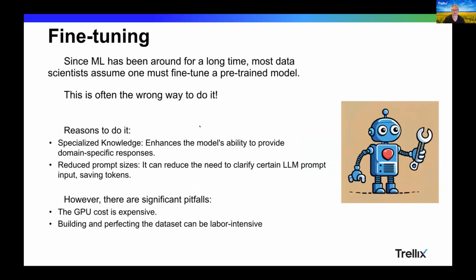So fine tuning is when you take a pre-trained model and you add a little bit of your own data to it, essentially. And so when you run it, you're running against the fine-tuned model. You're not running against the foundational model, even though it's a layer on top. What's nice about it is, unlike machine learning, you can generally do it on a lot fewer examples. Machine learning will generally take thousands or hundreds of thousands or even millions of specific data points in order to retrain the model. Fine tuning can be done in just a few thousand examples. So it's a much more human oriented versus machine oriented kind of fine tuning. But it can be fairly expensive, and the operations of it can be fairly annoying to go through.